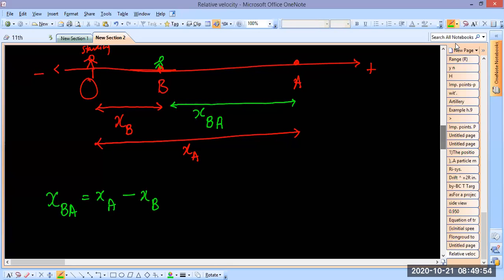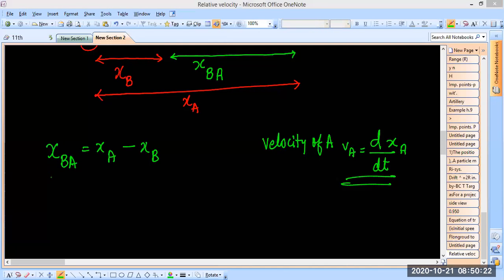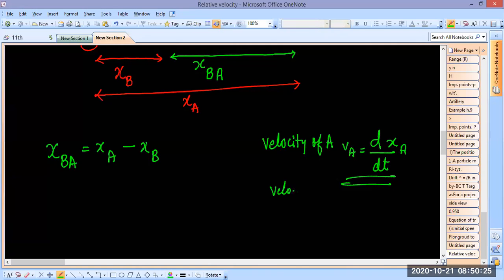So now if I want to find velocity of A, then I'll have to do differentiation of position, correct? But whose position? Of A's position. Is this clear? Just like this, if I would do velocity of B, that would be vb, that would be dxb by dt, right? So if I do differentiation of this equation,